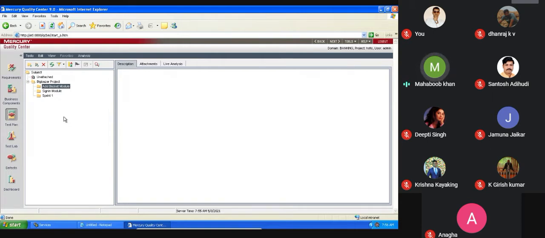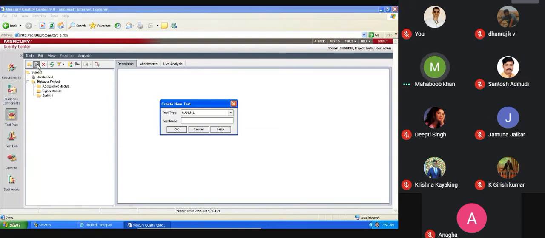Now your job is to upload the test cases in the sign in module. If it is not there, in this way you need to create it, guys. In the sign in module you need to create the test cases, correct? Once you click onto this sign in module, there is a new test. Click onto the new test. Here you need to write down the high level scenario.